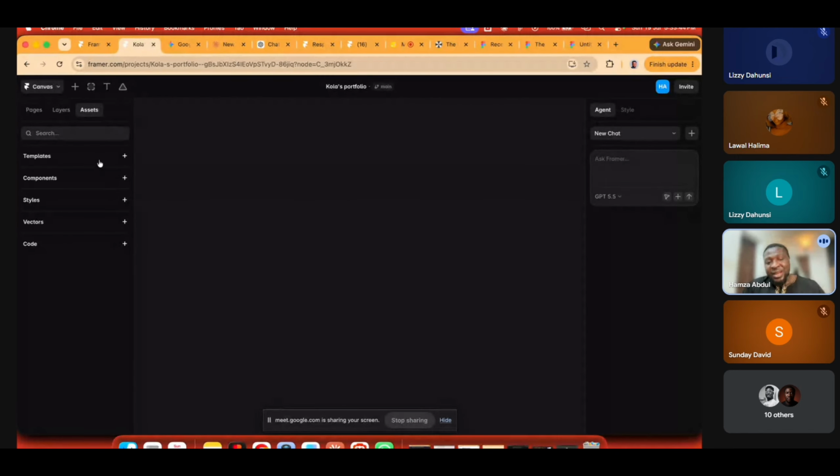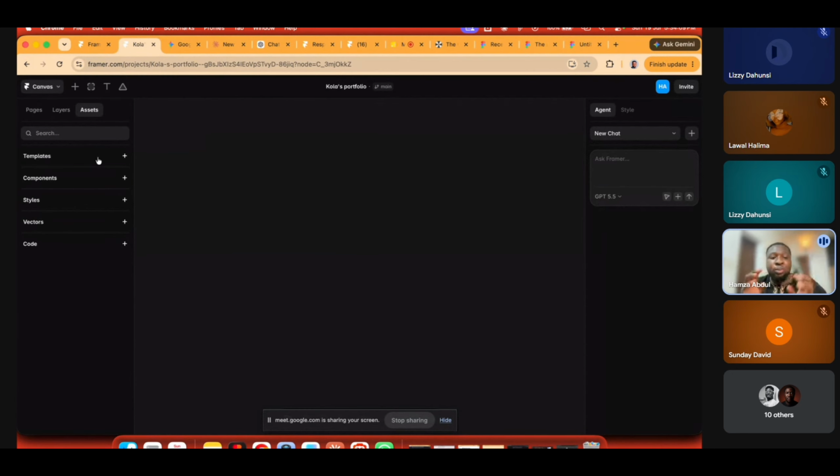There's something called templates within your design. This template is different from the template in your marketplace. These templates here are recurring things that will be on your page. For example, the footer and maybe the top navigation bar are going to be on every page, so you can create a template for them.